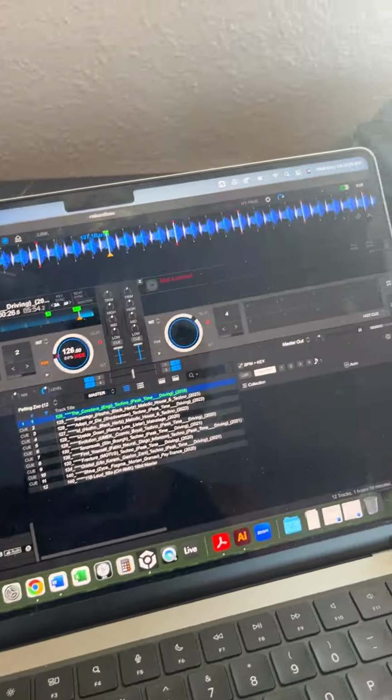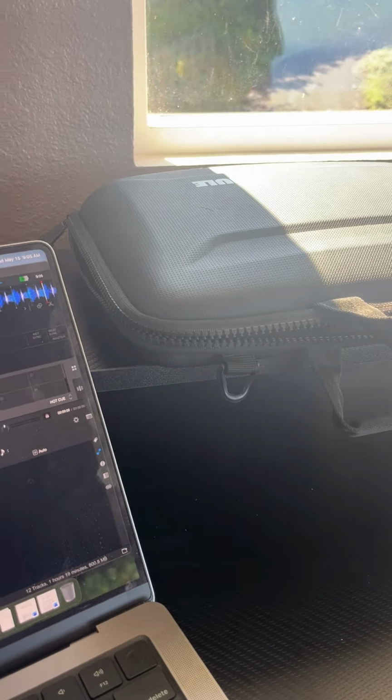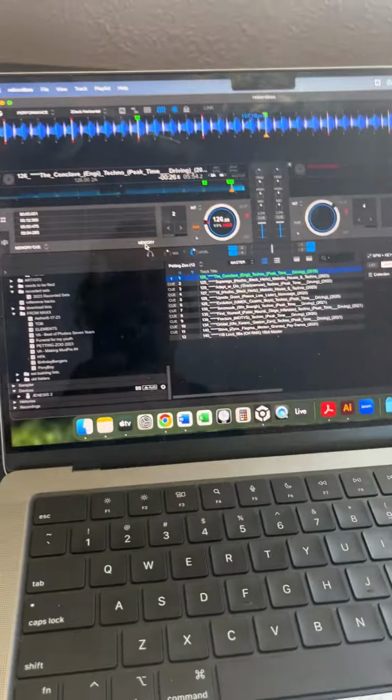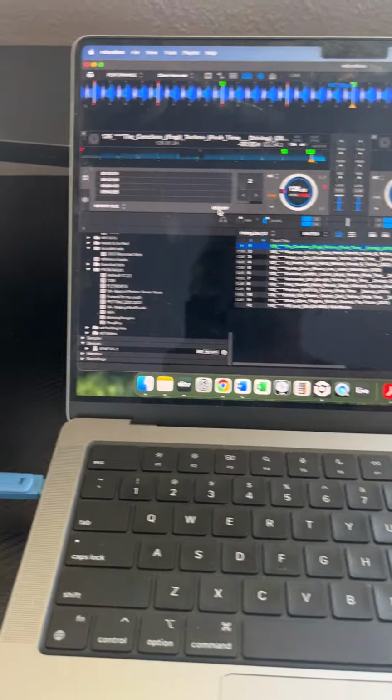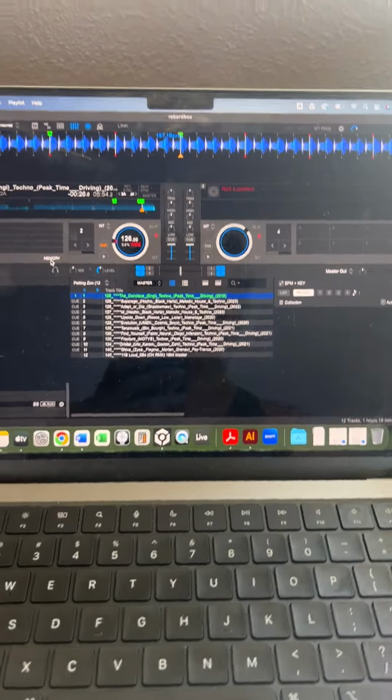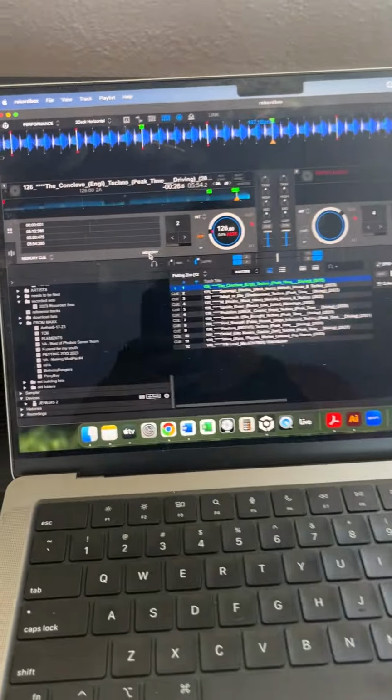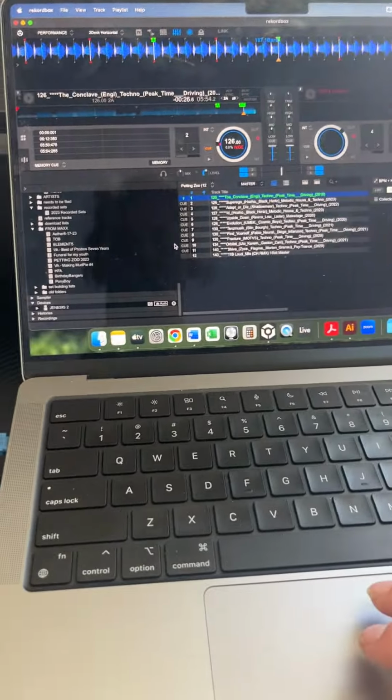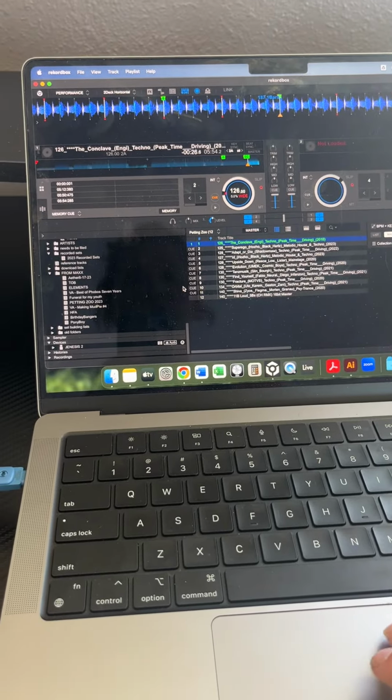I'm probably going to return these after this event just because I don't know how I feel about not having the hot cues. But there are some other features on these that I really do like, which is why I got them. But anyway,